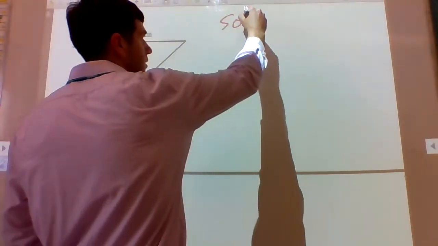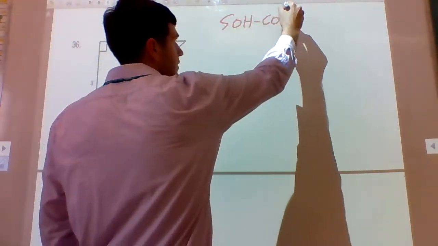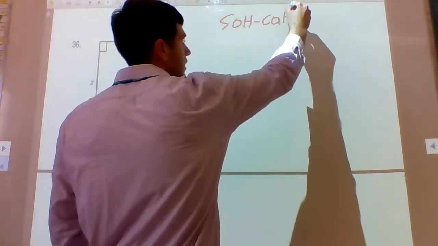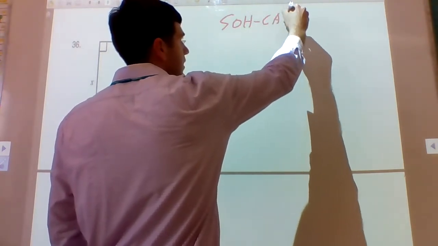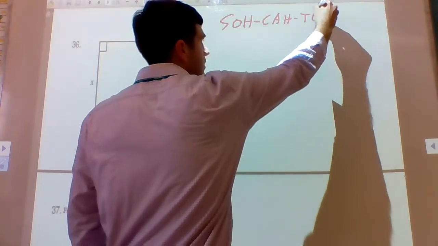Inverse sine, inverse cosine, or inverse tangent. If you have one side and one angle and are looking for a second side, like we are in this problem, you're using one of the regular trig functions. So sine, cosine,